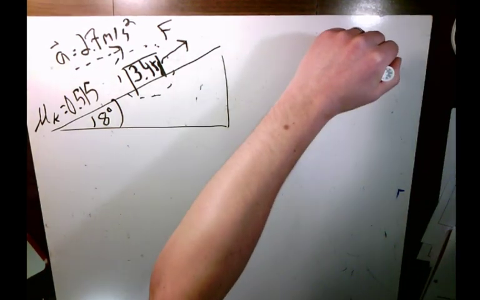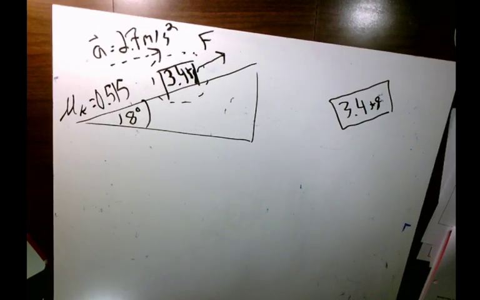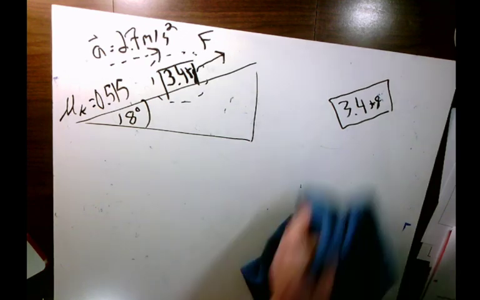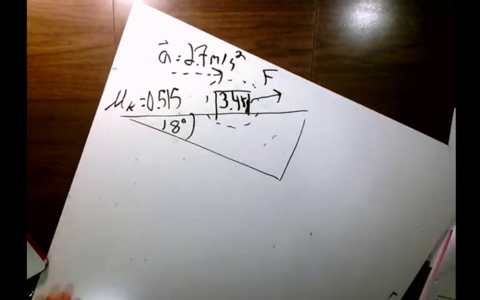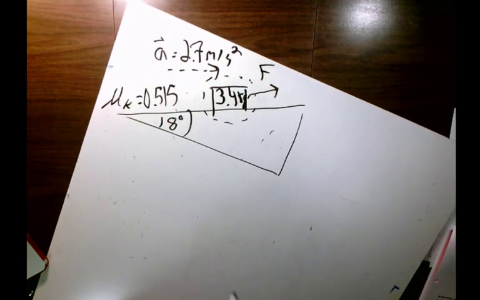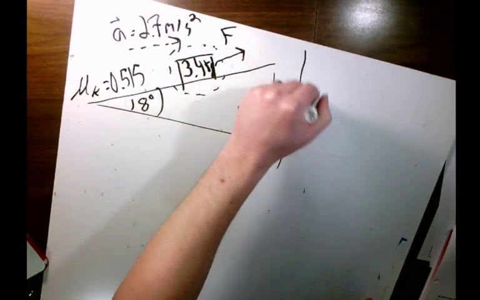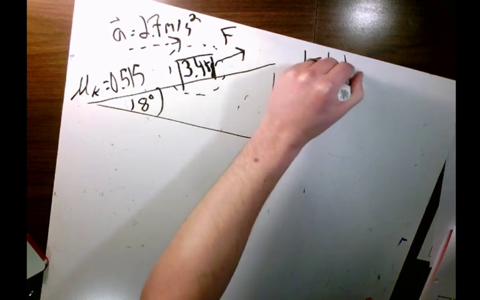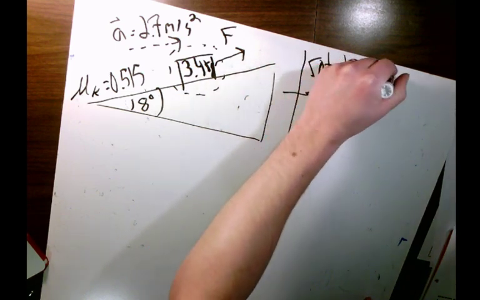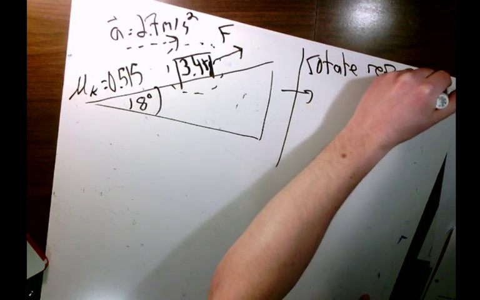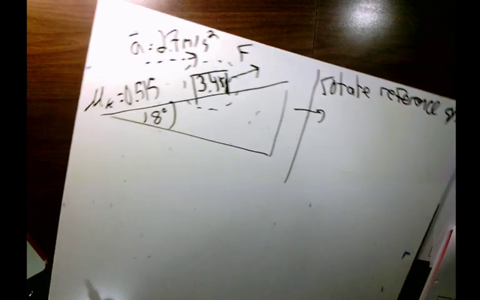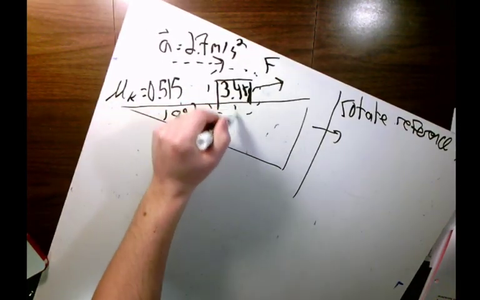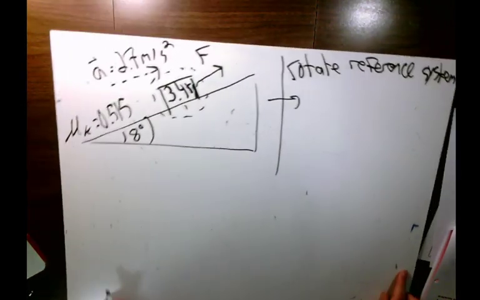So we know we have this. Sorry, I'm going to do something a little tricky and different. I'm going to rotate, and then draw in my box. So I'm going to rotate our reference system. You can physically rotate your paper, and now you're working off of this, where force of gravity is acting